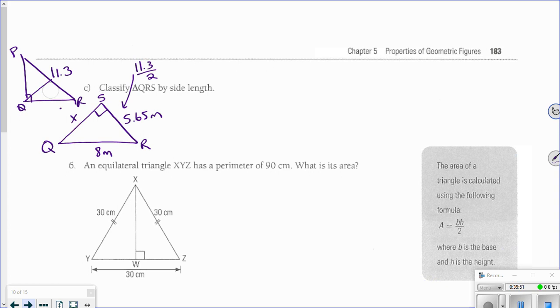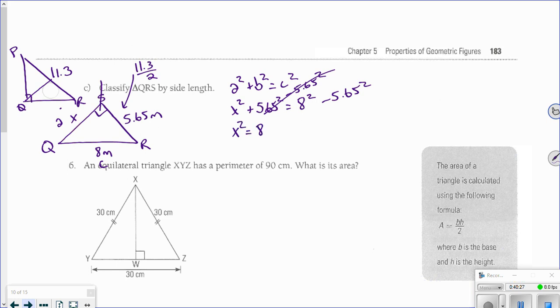So again, I've got a little right triangle, and I can use my right triangle formulas because straight across from my right angle is C, which makes this A in my formula. So a squared plus b squared equals c squared. So I've got x squared plus 5.65 squared equals 8 squared. I'm going to subtract the 5.65 squared on both sides. Makes that cancel. X squared equals 8 squared minus 5.65 squared,